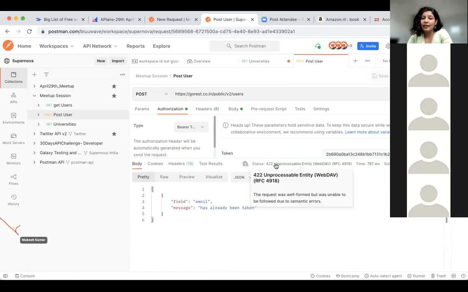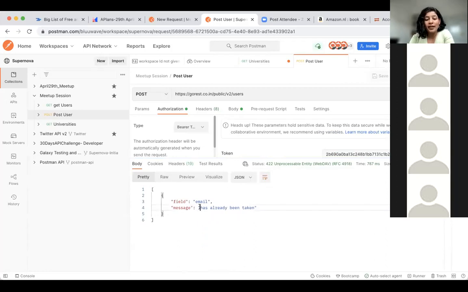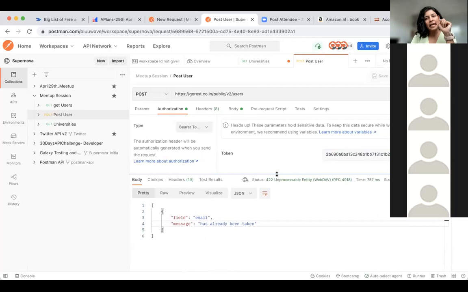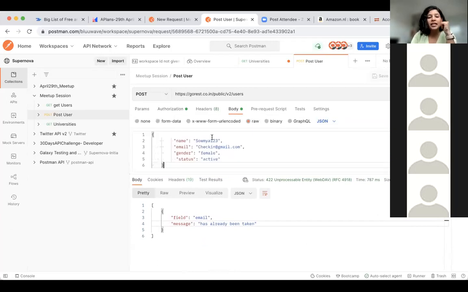oh, now I am seeing another error. What is this error? The body is already letting me know that it has already been taken, which means Unprocessable Entity. Yeah, which basically means I'm trying to create another record with the same details, which is not allowed in the DB. So I have to change something and